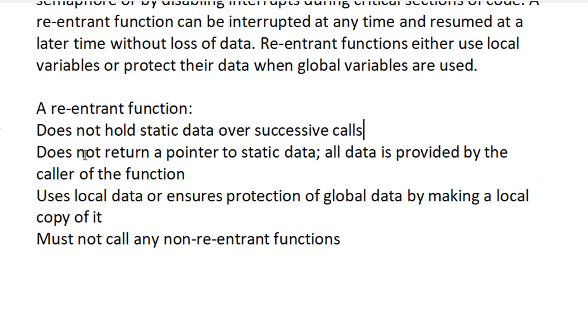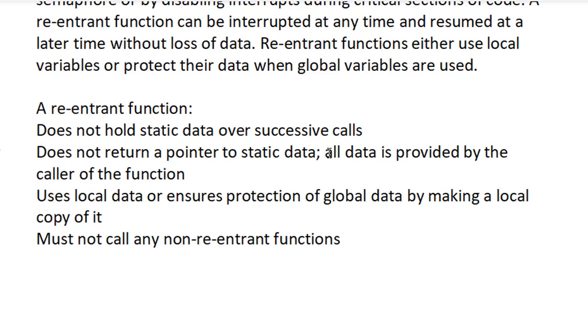Moreover, when we are writing the function, it should not return a pointer. The reason being that all the data provided by the caller to the function can be changed, because when another process comes and one process returns the address, the other process can alter the data. So that data can be garbage to the first process.